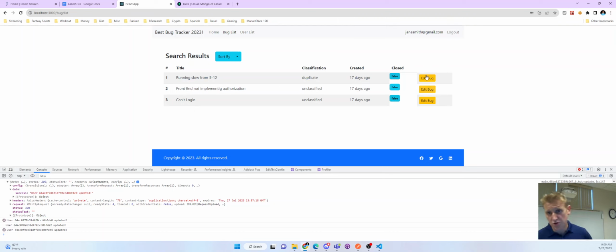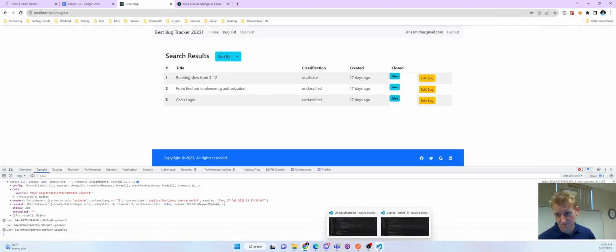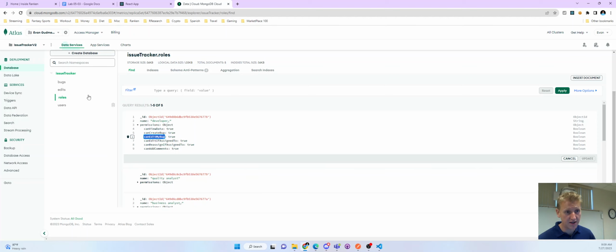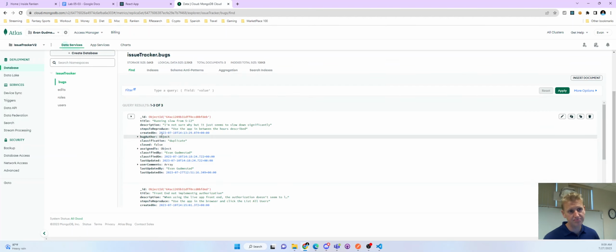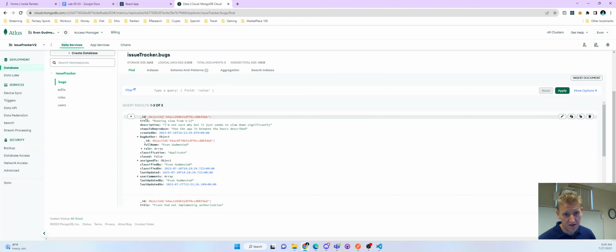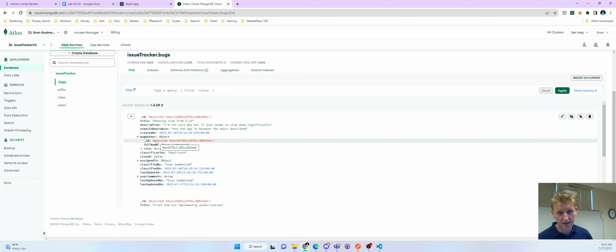You would need to show this button based on a couple of things. So let's go, if the bug, right, we have a bug author, if bug.bugAuthor, so we would need to bring in the bug author,